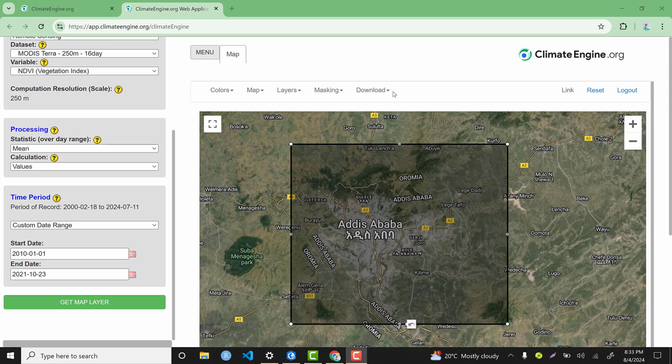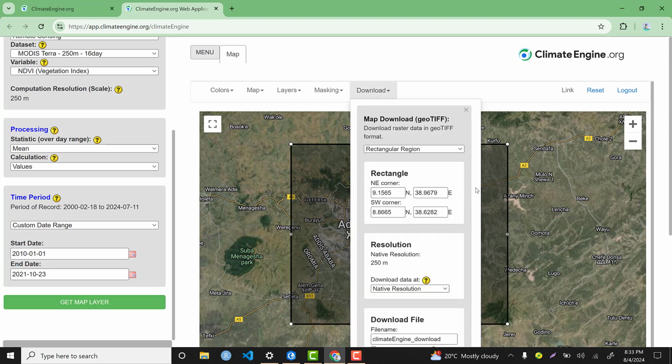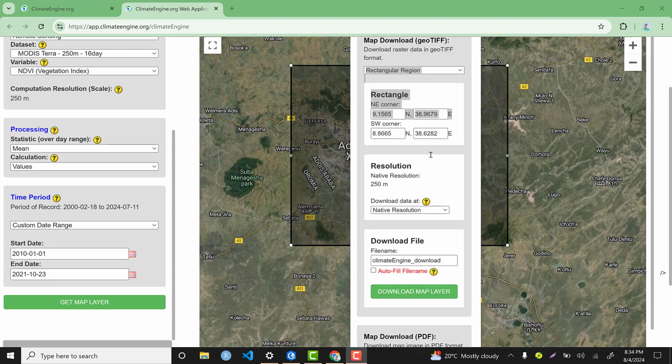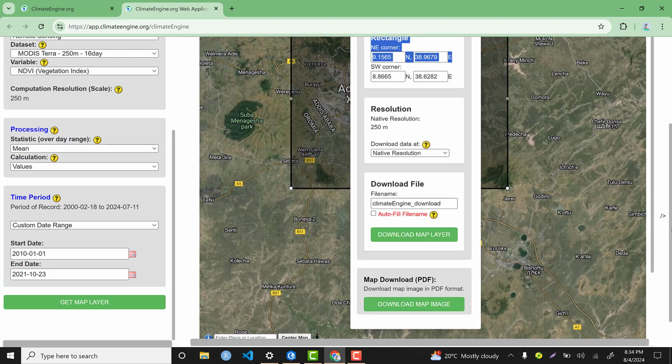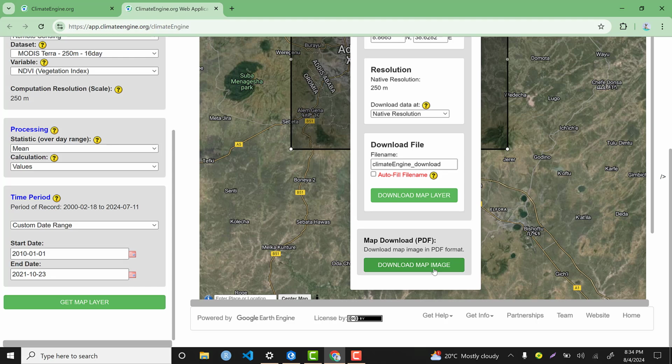To download, what we are going to do is go to download, then here there are different options. You can download the map layer as a TIFF layer, and you can also download the map in terms of image or in terms of PDF file format. And I would like to download the raster dataset. So you can click here,